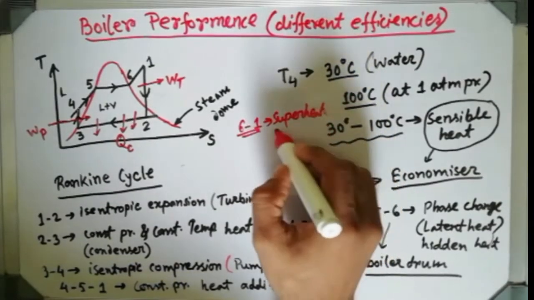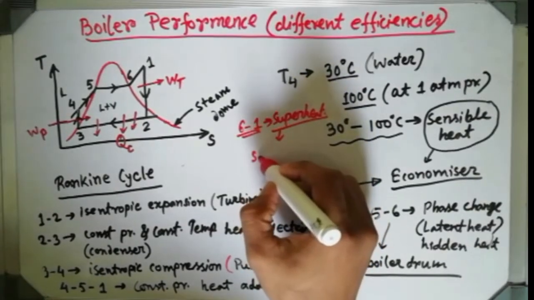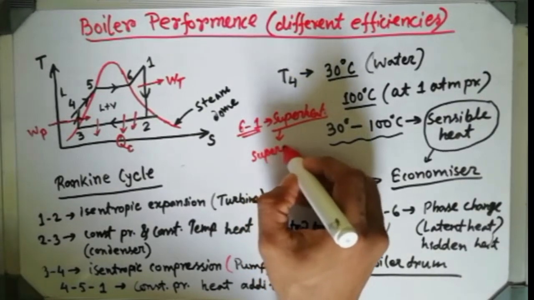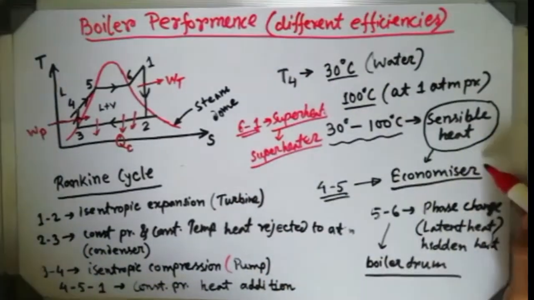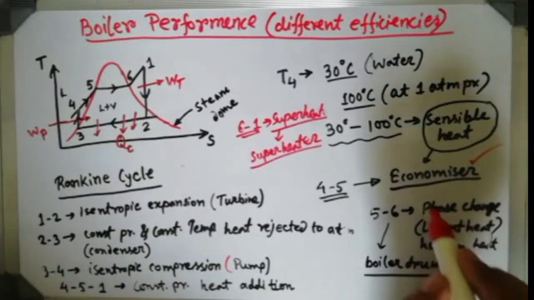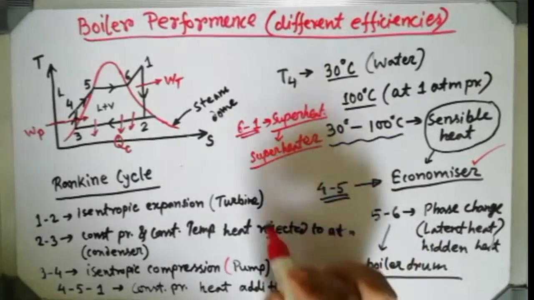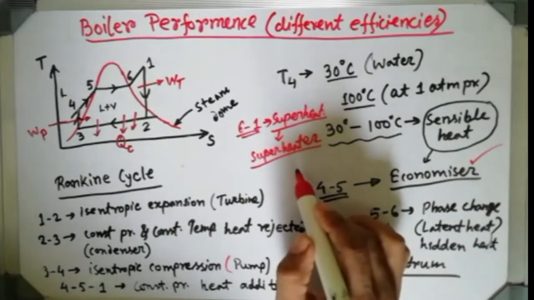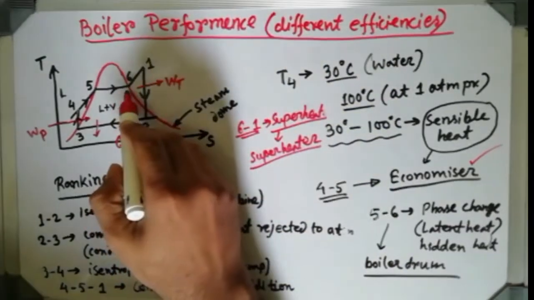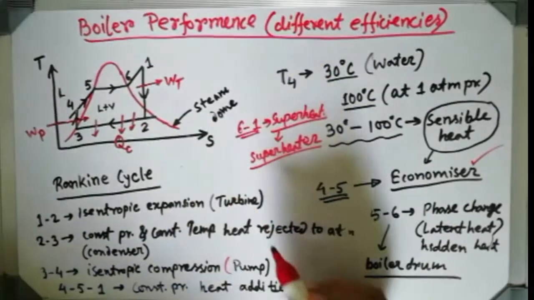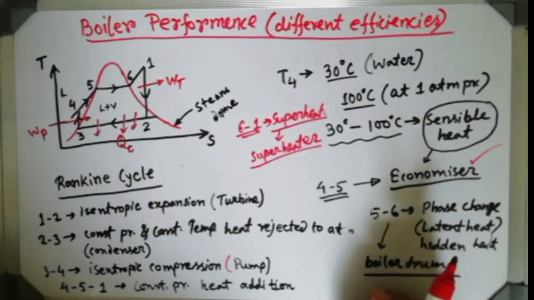Now where is this superheating process being executed? Inside an accessory which is known as the superheater. That I have already explained in the earlier classes, where I discussed the economizer as well as the superheater. Superheater is also a kind of accessory. It will help to increase the temperature of the steam from its saturation temperature up to some higher level, by which more energy will be imposed in the steam.